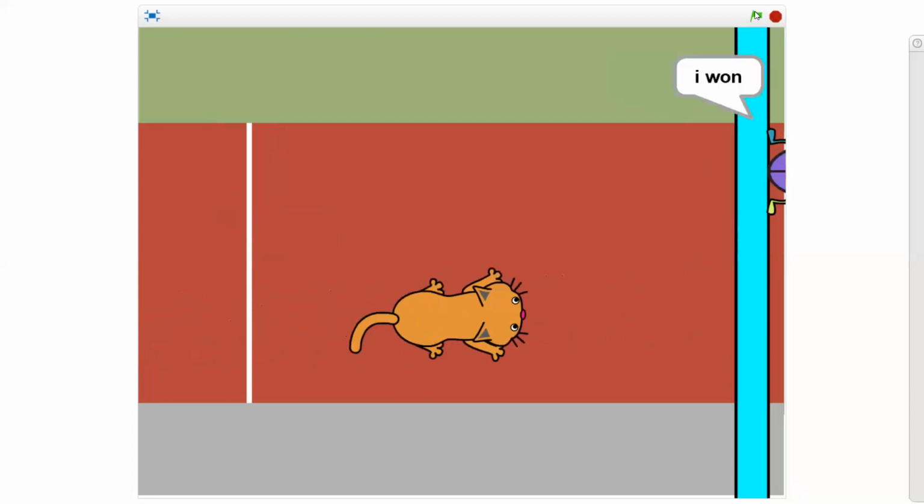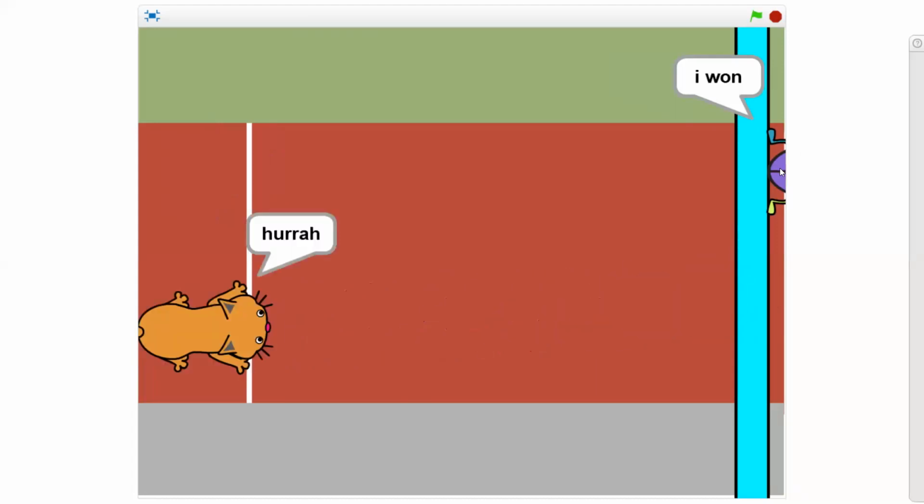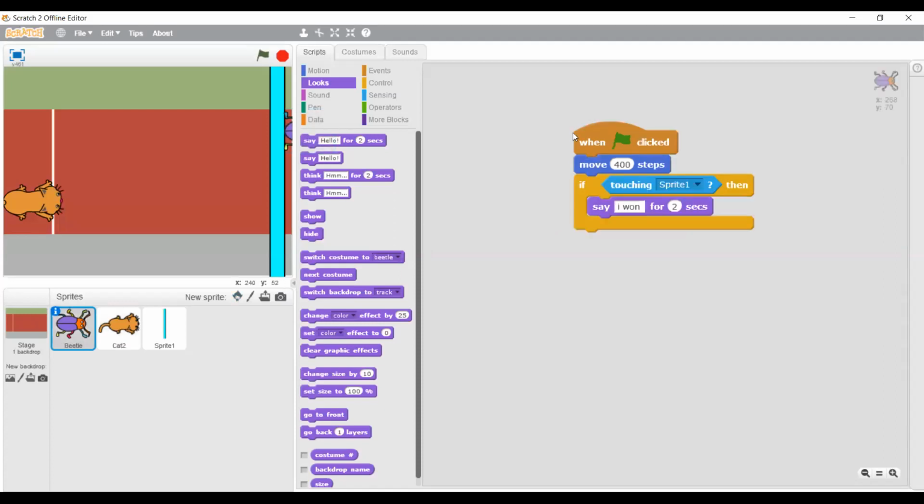Okay, now see. But here, have you observed the beetle? It's not coming back, but the cat is coming back. It's because of the go-to option. I just want to show you the difference, like how we are using the go-to and all that. See, for the beetle, we click on the green flag, so it is moving 400 steps. Now, if you use the go-to option for this,